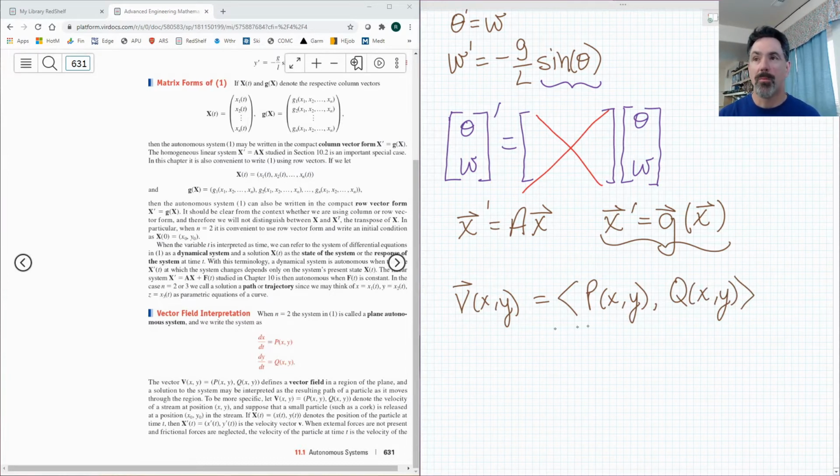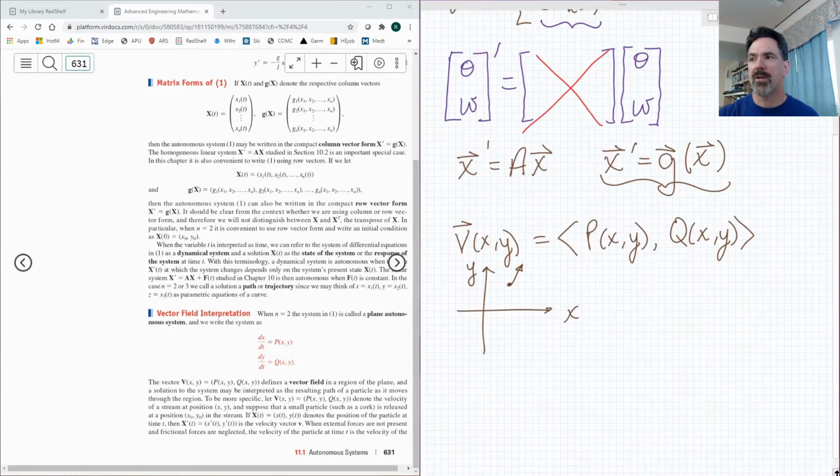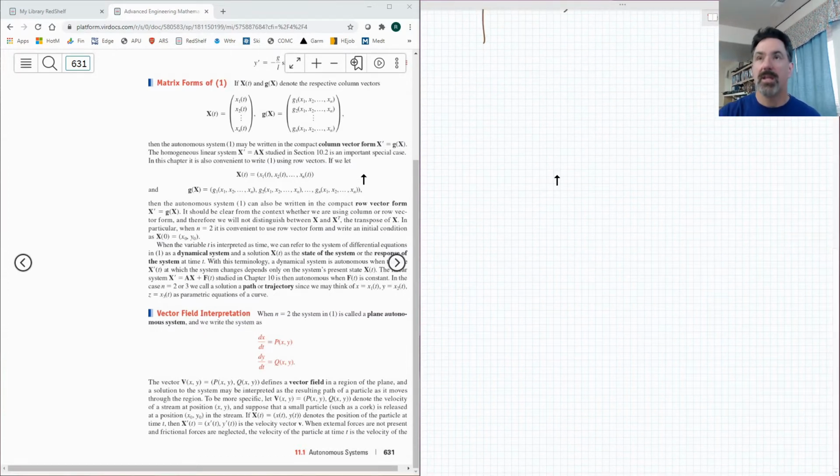And then the plot of this: if we go in and look at each value x, y, we plop down in some position and we have an x direction component based upon P and a y direction component based upon Q, and we end up with some arrow. So you're familiar with this from the phase plane plots. You just have to understand that as long as it's autonomous, we can use the phase plane to come up with this picture. Moreover, I want to show you how this concept expands in the situation